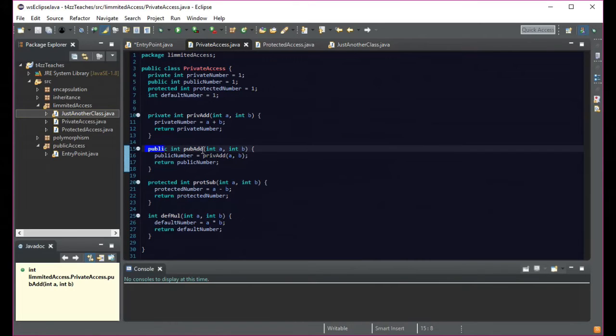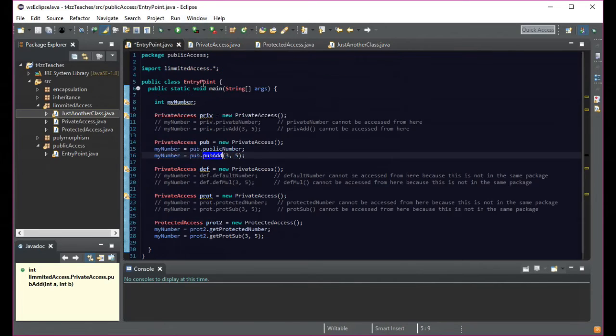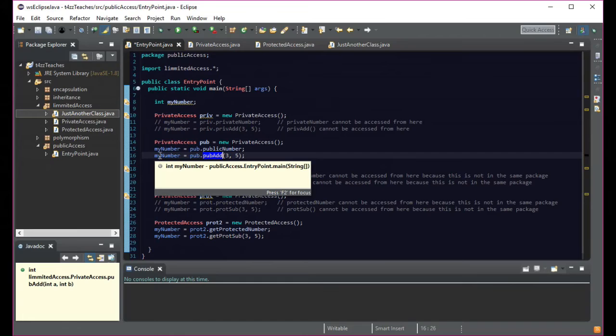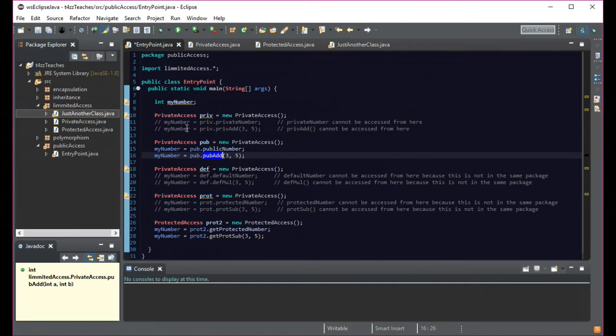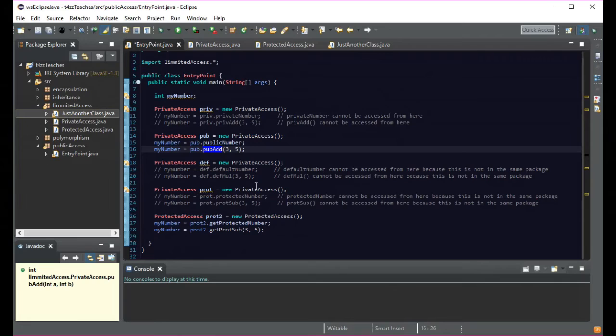However, this one, pub add, is a public one, and public number is also a public one. So therefore, this has no problem seeing it, because this falls within the world, or I guess the world is probably the best way to say it, outside of the package and everything else. So this guy is able to see there because it's public. So then if we go look at the next one, we don't have to comment anything out because that's all perfect. So if we go to this next one here,